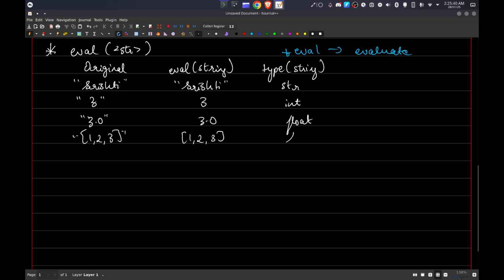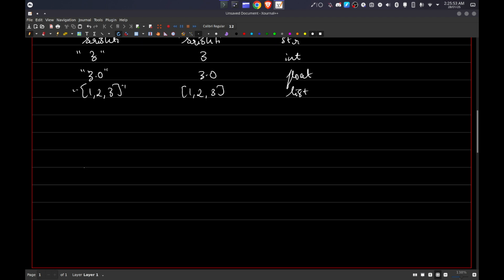Basically, did you understand what eval does? It will convert whatever is there inside to the most meaningful thing in Python. Even if I give a dictionary, it will convert it and put it as a dictionary. So your general statement for getting an input from the user usually will be: variable name is equal to eval of input, and you give a prompt